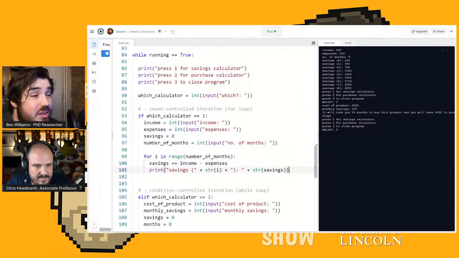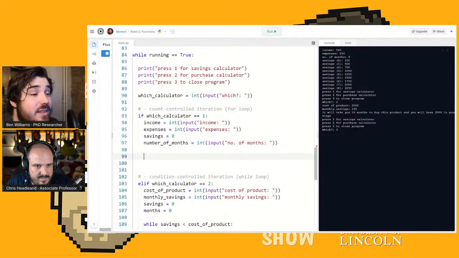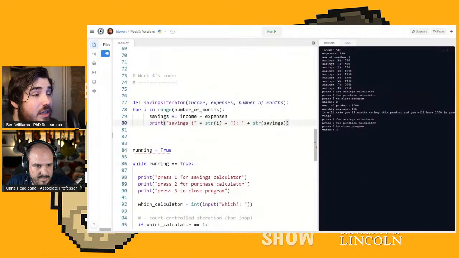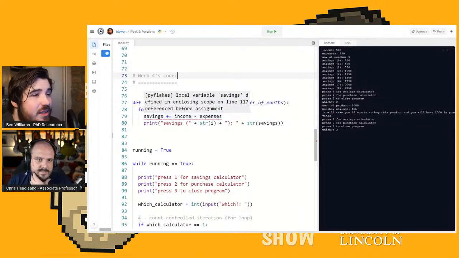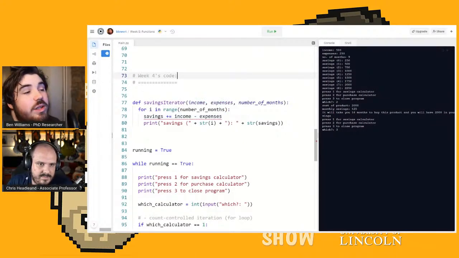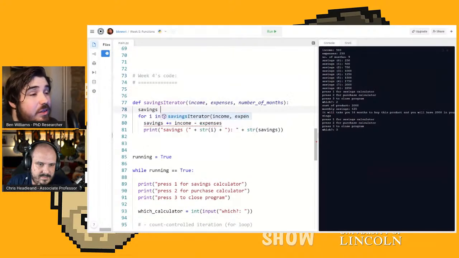So what we can do basically is copy this, what's going on here, and put it in our function, right? So it's going to complain. This is the thing: if I copy this in, it's going to give us a red line, and it says local variable savings defined in enclosing scope on line blah blah blah. What this means is it doesn't know what savings is. So if we put savings here,